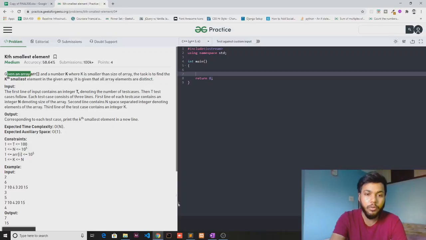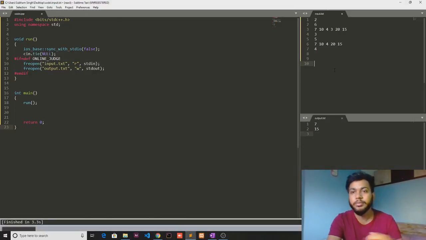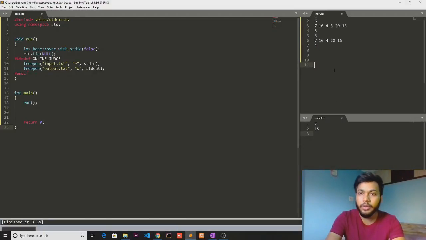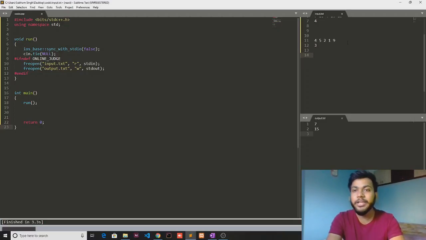All right. So what the question requires is, let's see. First of all, I'll take an array, for example, 4, 5, 2, 1, 9. So I've taken an array of 5 elements. Let's take k, for example, 3. So what is the meaning of kth smallest element of an array?